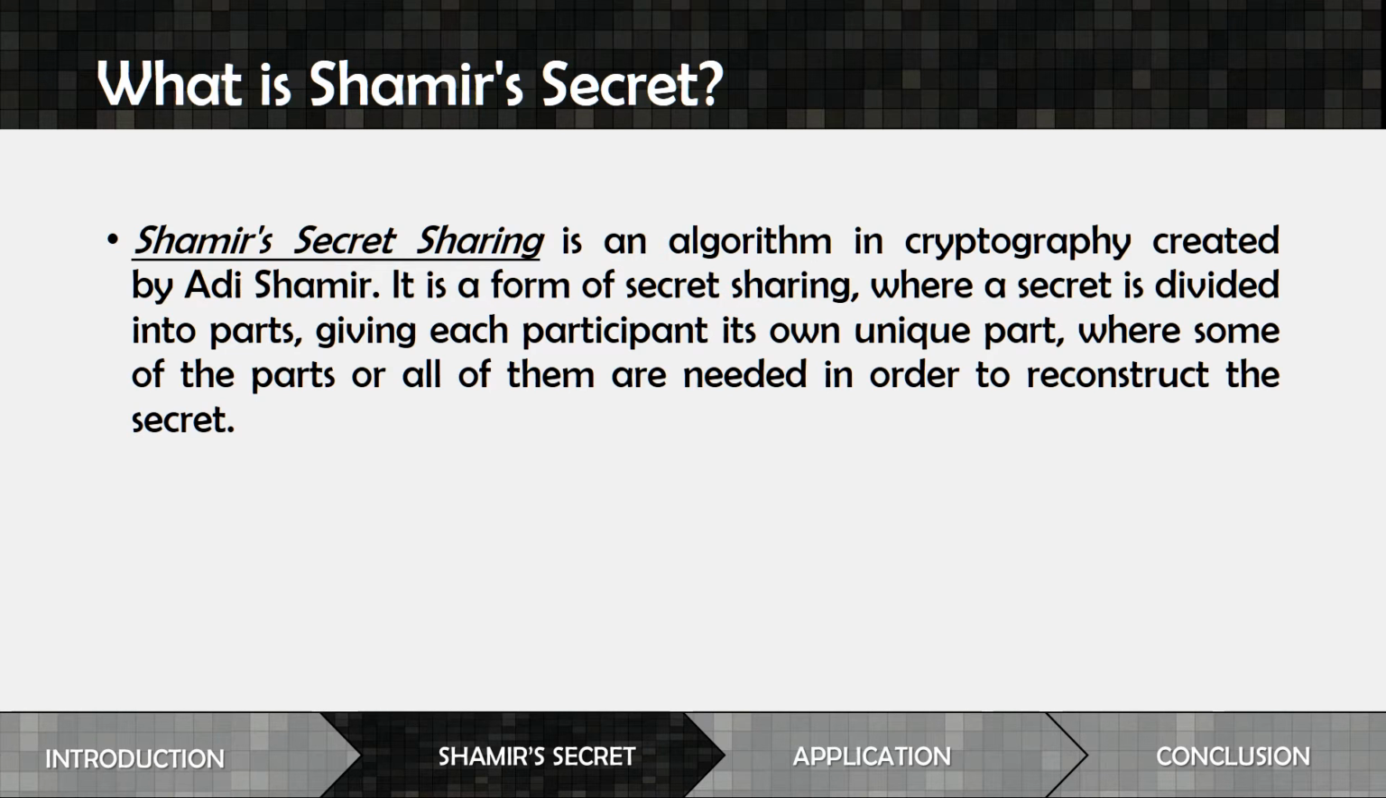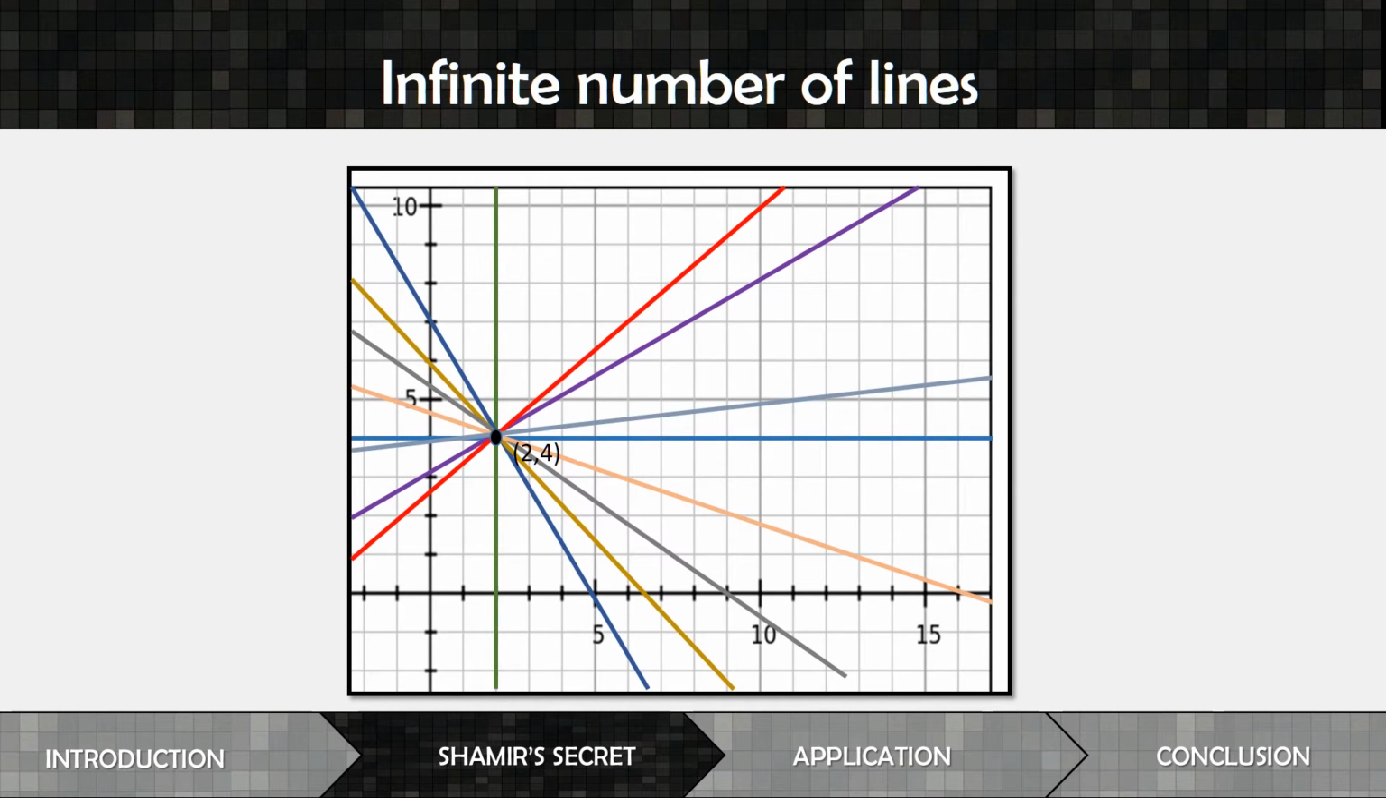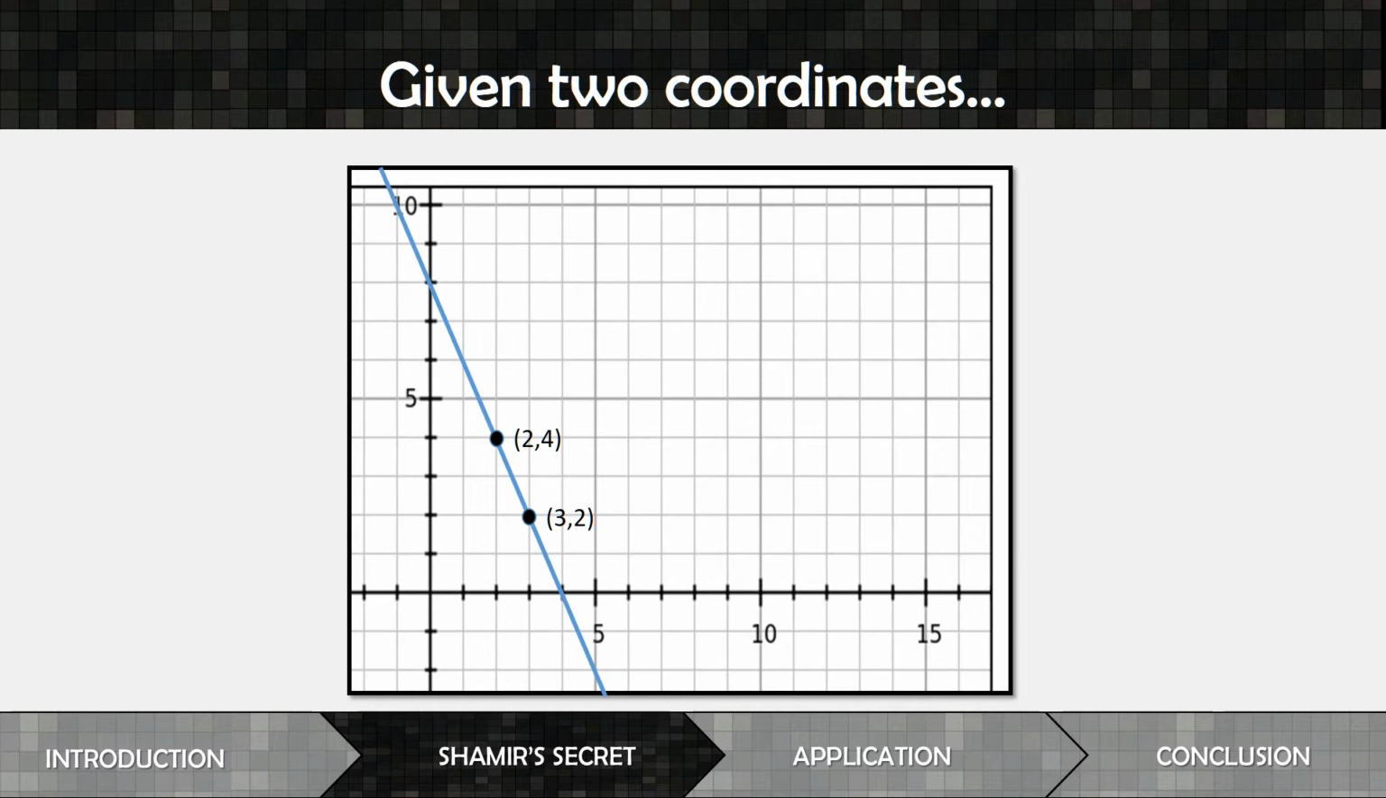To reconstruct the secret, let's look at it from a mathematical point of view. Given the x and y coordinates, how many straight lines can you draw that passes through this point? There will be an infinite amount of straight lines that can pass through this point. Each of the lines have a different gradient as well as a different value of y when x is 0. So, what happens if we introduce a second point, x coordinate 3 and y coordinate 2? With the addition of a new set of coordinates, there can only be one possible straight line that passes through